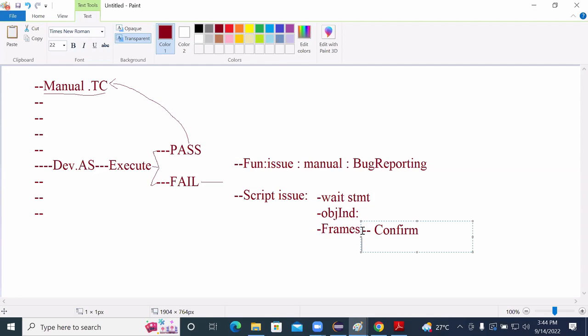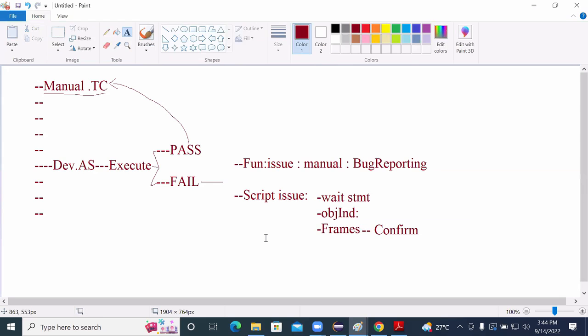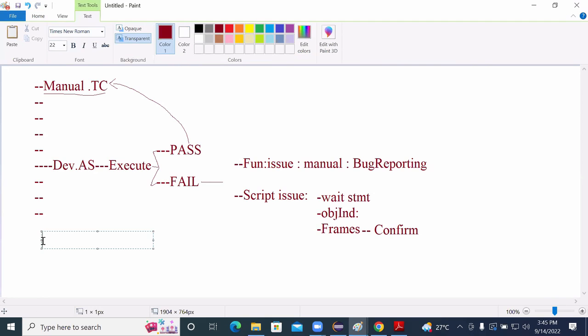So how can we confirm that frames are available or not? Let's see that. To confirm that frames are available or not, you need to begin